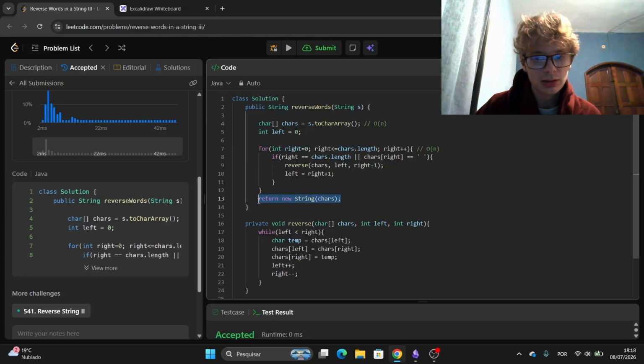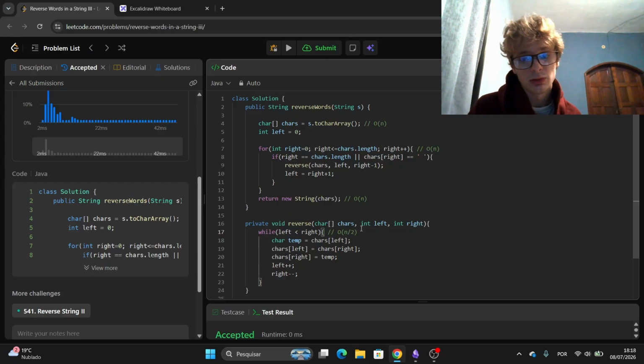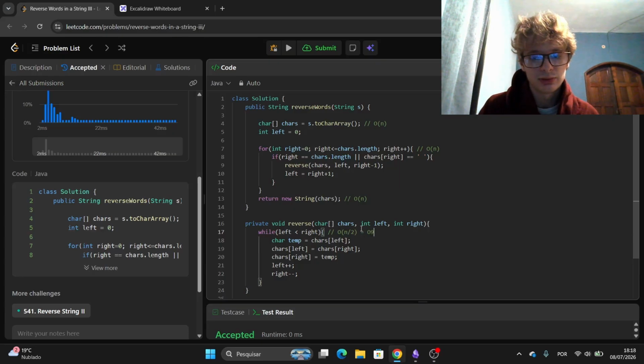This other transformation into a string object is also O of n time complexity. And this part here is kind of O of n divided by 2, but we ignore the constant values in the big O complexity, so it's actually O of n,